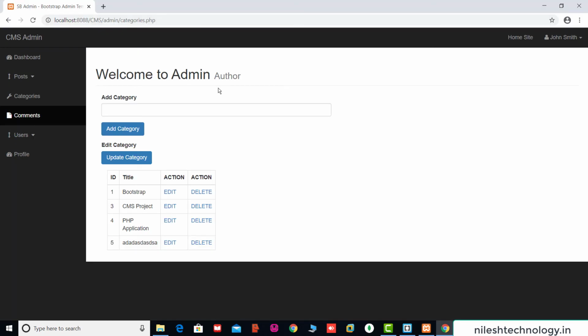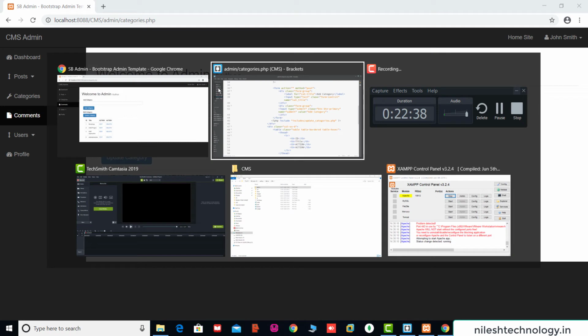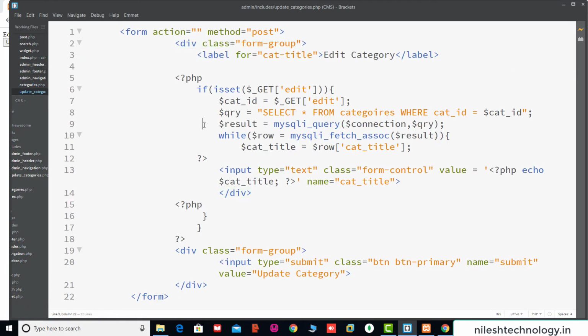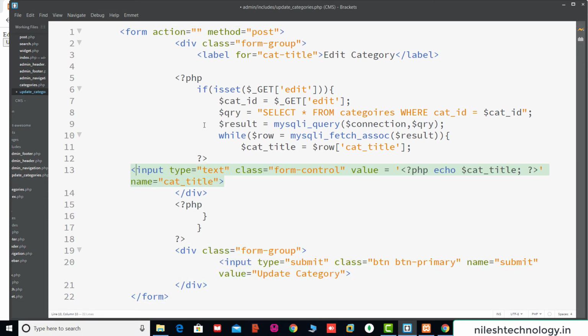So see here, I think there is an issue with the div tag. So see here again, update categories, here we close this div tag. After this one is the div, this one is the form. So here we use one if statement, if isset cat title, if the title is set, then you can display this echo message.